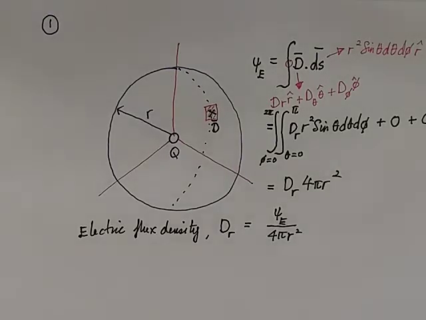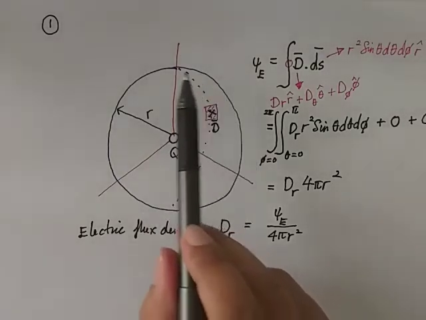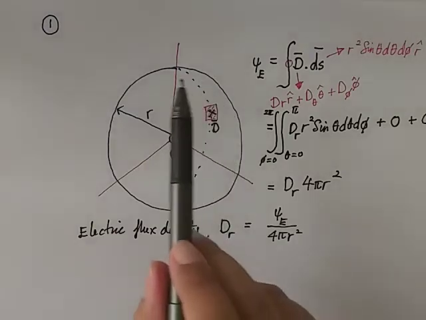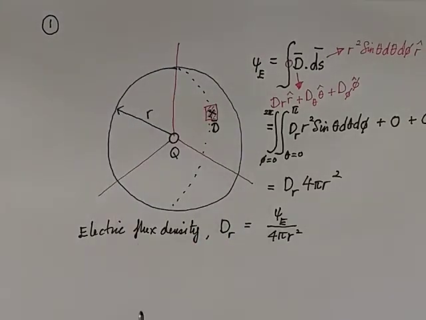But when we look into this problem, there's no electric flux information given in the question. What is given in the question is the charge and this imaginary spherical surface, nothing else. So we cannot use a parameter not given by the question to conclude our solution. So we have to